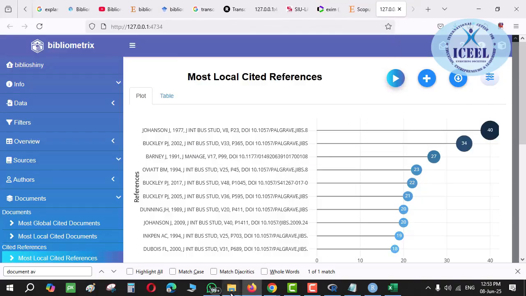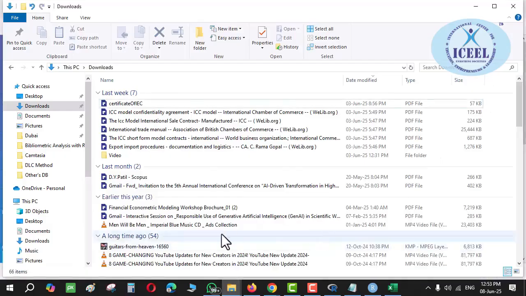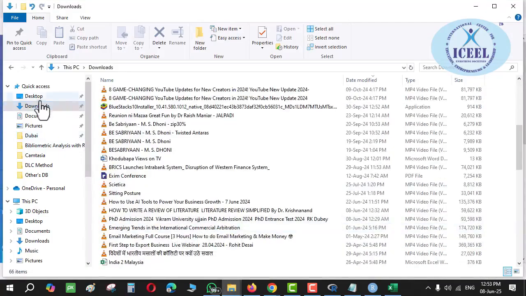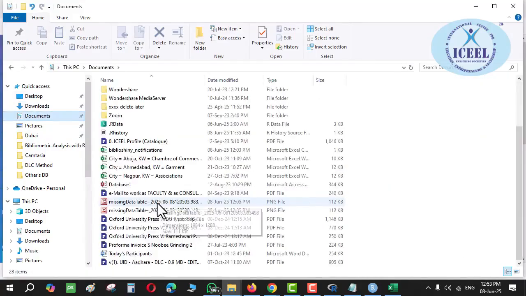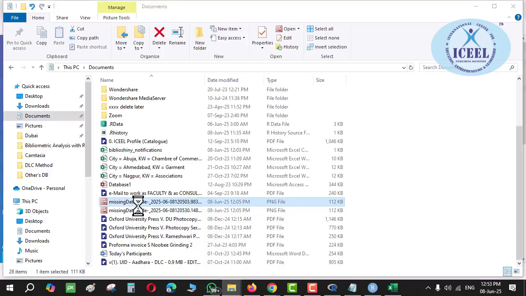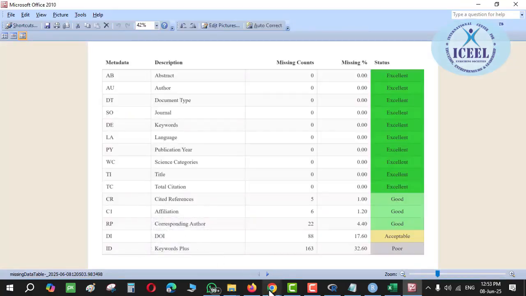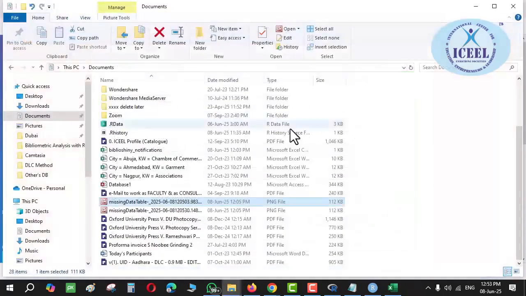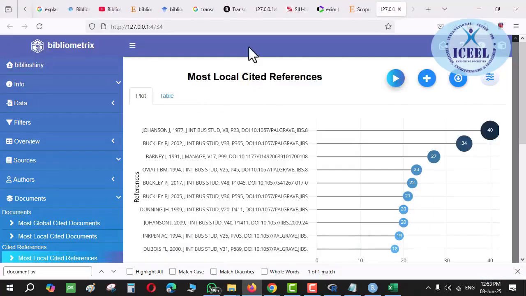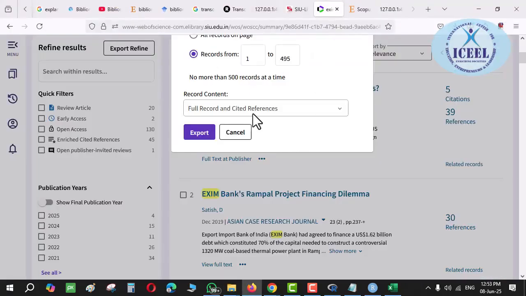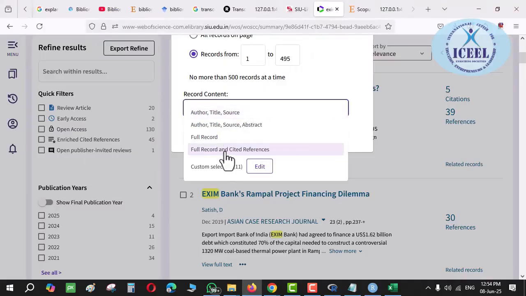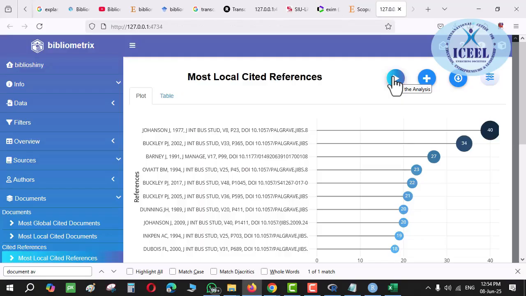And the graph we saw at the start, the initial graph, which I am saying, just a moment, let me show you. Document, where is it? The missing data table graph that we saw. If you miss it, then your data may be looking somewhat with so many red flags over here. So better is what? Better is to have it here, the full record. Clear, guys? Yes, yes.